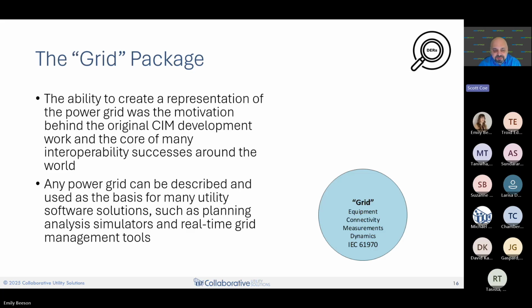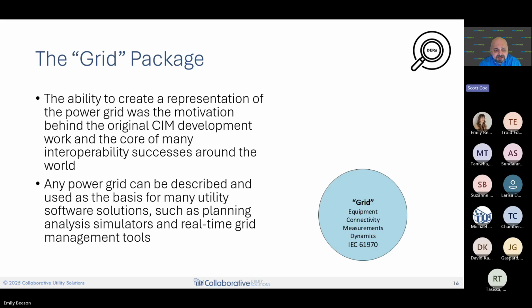Now I'm going to talk a little bit about the scope of the CIM. The CIM started as a way to describe the actual power system. So one might argue the core strength of the CIM is that you can take any power system that's out there and describe how all the equipment is connected.